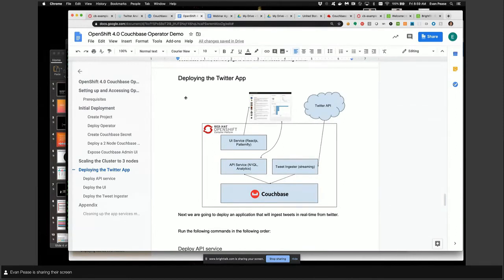It's just so that we have a data set so that we can show you that we're doing all these operations in the background and we're not losing data, and that things are running smoothly while the operator is taking over the operations of our cluster for us. So let's go ahead and jump in. The first thing I want to show you is how to deploy a Couchbase cluster on OpenShift.